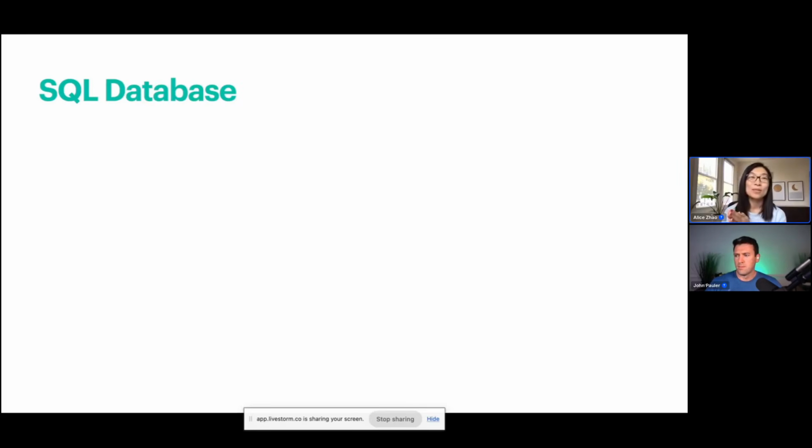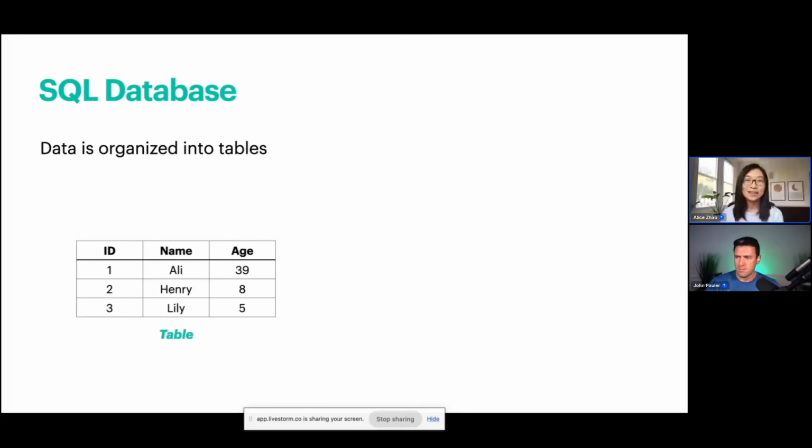Now let's talk about a SQL database. We already know that a database is a place to store data in an organized way. Specifically in a SQL database, the data is organized into tables. If you're familiar with Excel or any other spreadsheet software, you'll know that this is a table. A table has columns, and it also has rows.